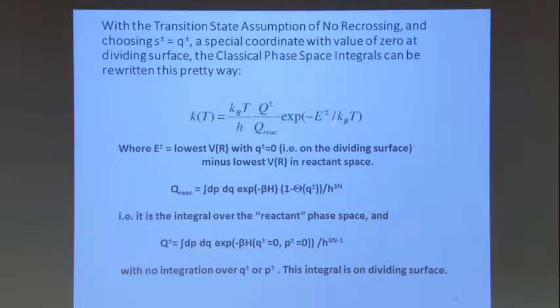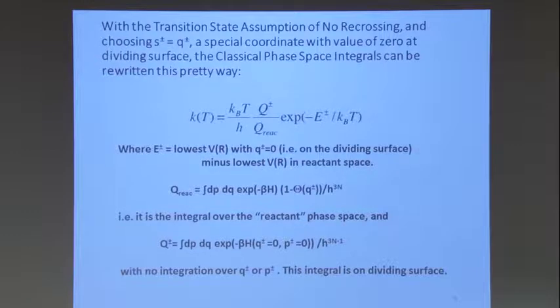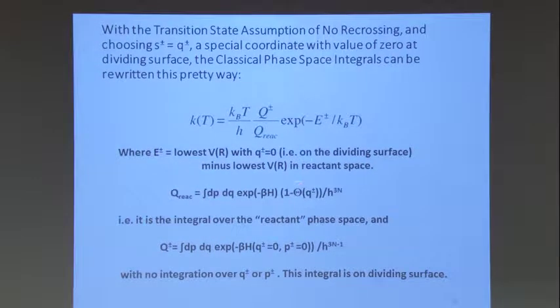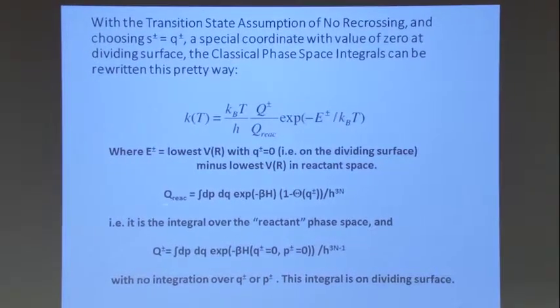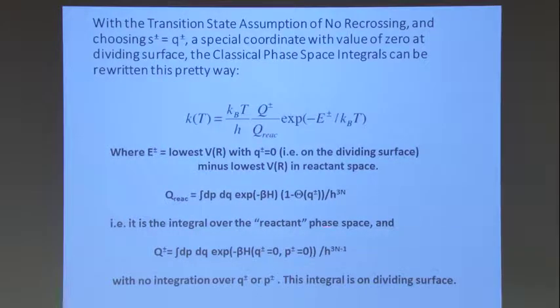And this is actually the difference between that and the energy you were at the bottom of the reactant valley. So it's basically the altitude gain that you have to achieve in order to get out of my valley. And the Q for the reactant is just a normal partition function that we've talked about a lot. It's basically the Boltzmann average over things that are in the valley.